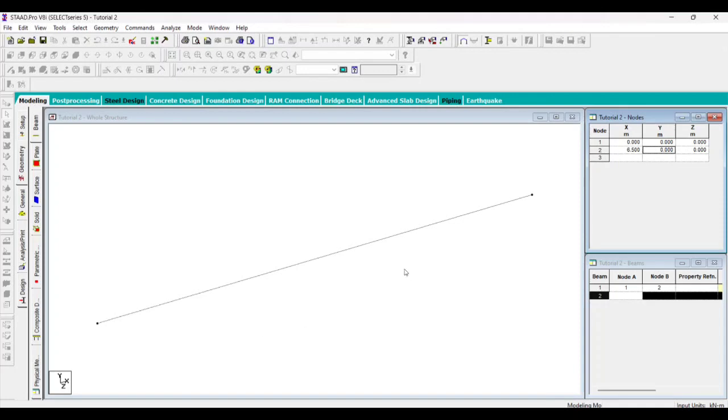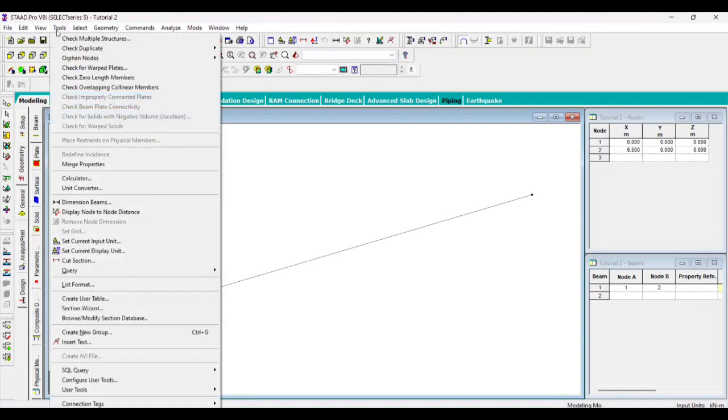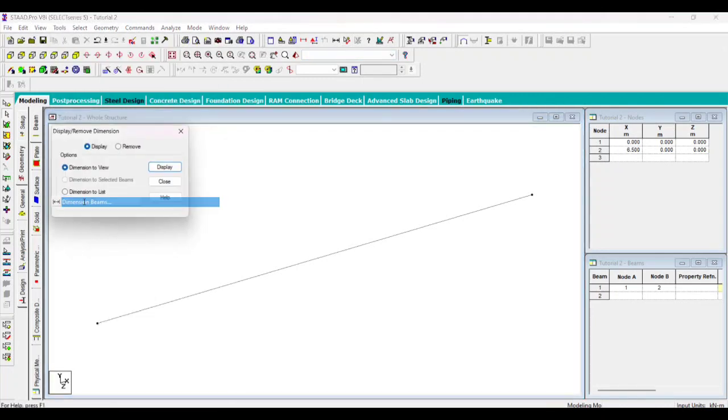This beam is now 6.5. I'm able to edit it. Can we measure this beam? Yes, we can. So we have a display node to node distance. I'll click on display node to node distance, or you can go to tools, dimension beams,